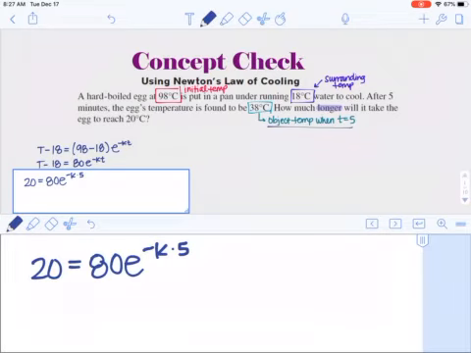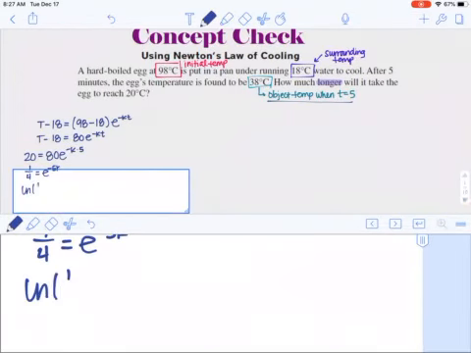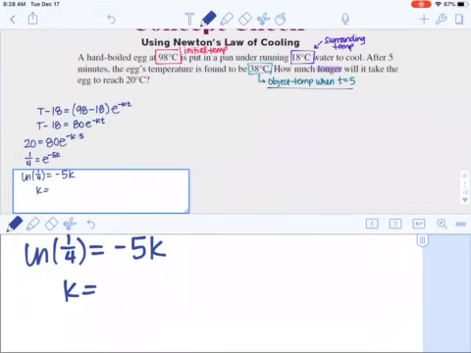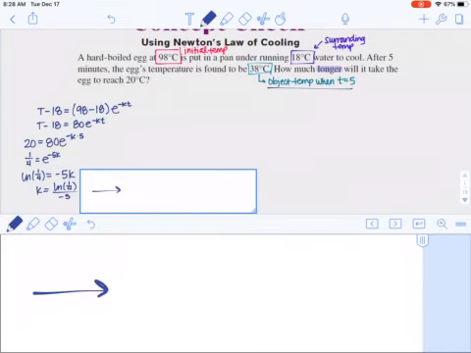Okay, and then if I solve for k, I'm going to get 1/4 equals e to the negative 5k. Natural log of 1/4 equals negative 5k. And so k would be natural log of 1/4 divided by negative 5,